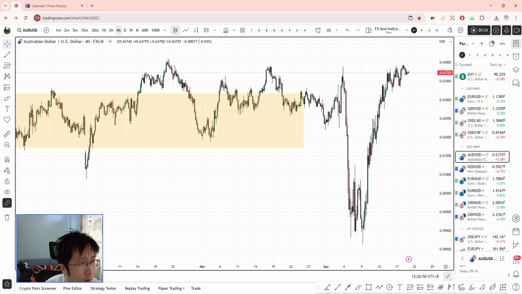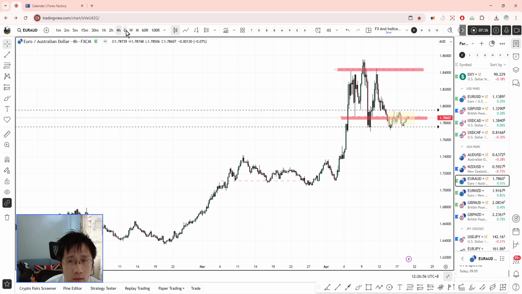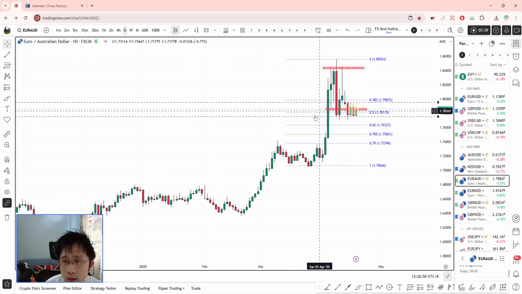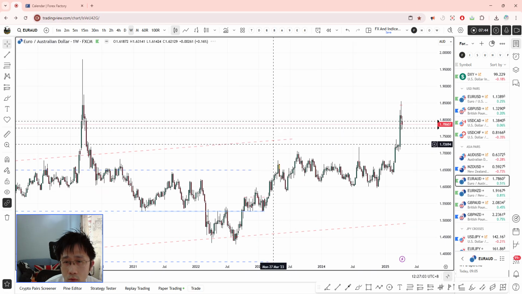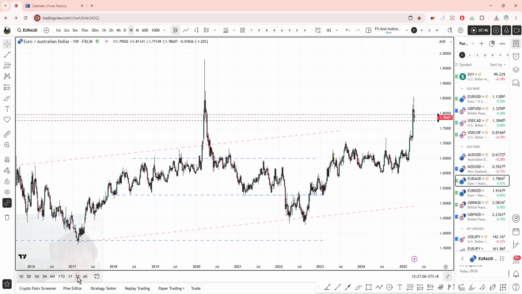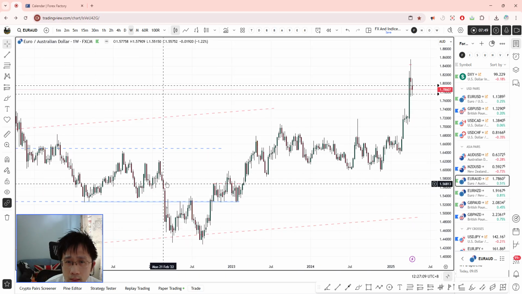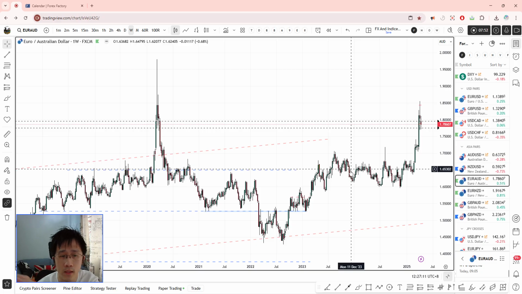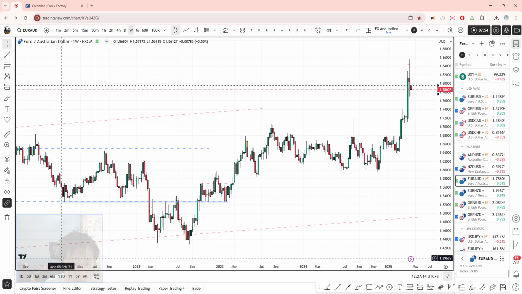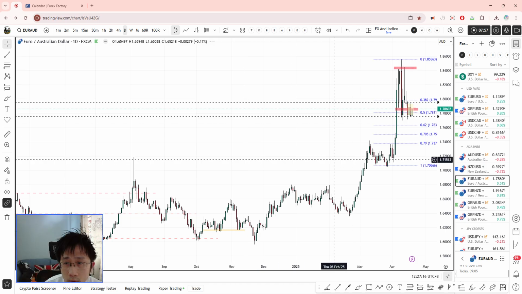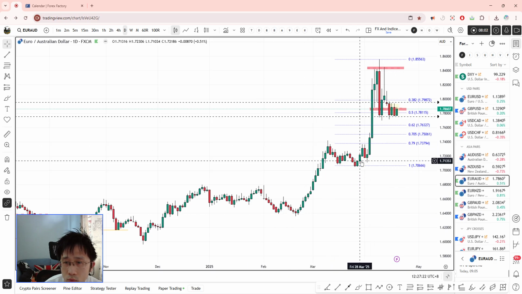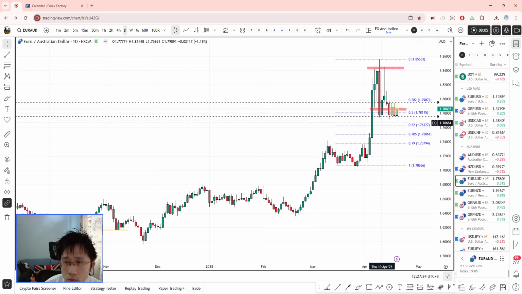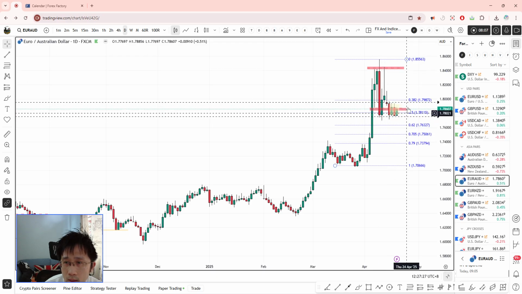And then I did mention this euro Aussie and euro New Zealand. So euro Aussie, let's just take a look at the daily time frame. It is an upside, so you don't need to go all the way to the weekly. For weekly wise, this is an upside channel. Okay, this channel here is an upside channel. And on the daily time frame, this is the pullback after the first push, consolidated, second push, and there's this pullback again. Maybe there would be a consolidation.